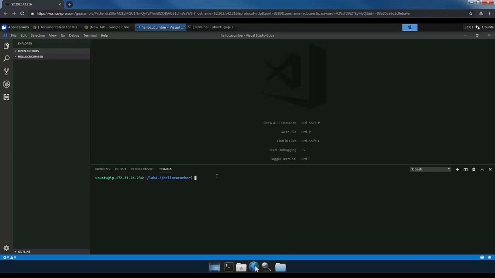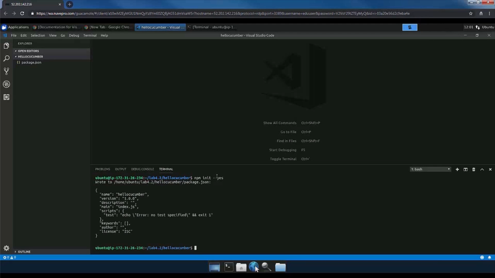We're going to create a Node.js project using the terminal window in Visual Studio Code. In the lower pane, we type npm space init --yes. This creates a Node.js project with a default package.json file. Now we need to make an entry in the package.json file for Cucumber and also install the Cucumber Node.js modules. To do this, at the command line in the Visual Studio Code window, we type npm space install space Cucumber